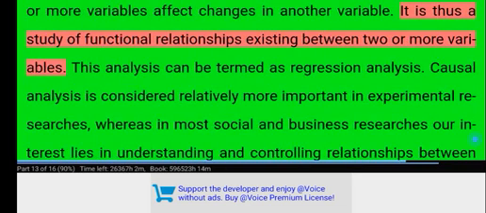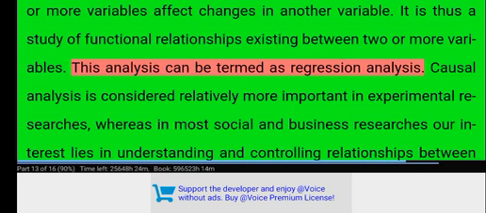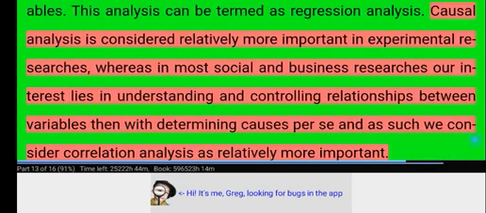It is thus a study of functional relationships existing between two or more variables. This analysis can be termed as regression analysis. Causal analysis is considered relatively more important in experimental researches, whereas in most social and business researches our interest lies in understanding and controlling relationships between variables rather than with determining causes per se, and as such we consider correlation analysis